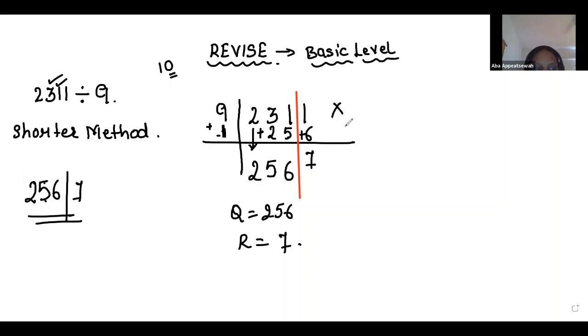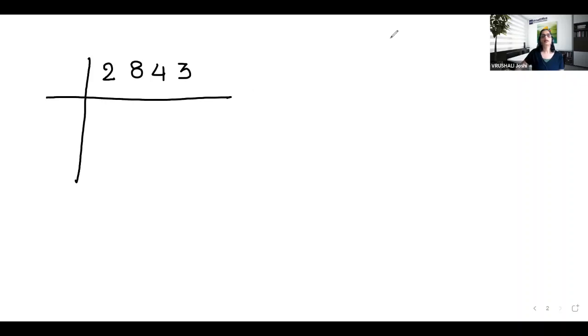No. Okay. Now, there is also another type of sum that we saw in division by 9, for example, we have a sum which is 2843, and we have to divide this number by 9. Okay. So let's see.